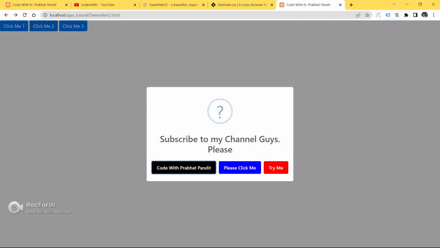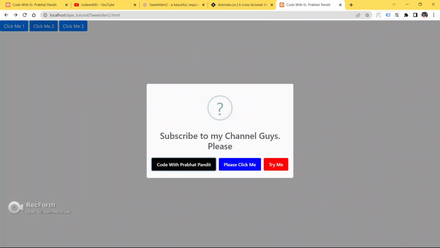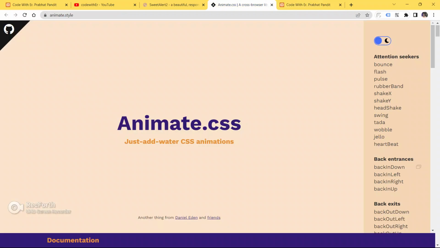Save your code, go to the browser and refresh your page. Click on the second button. It is coming from top. See, it disappears. As you can see, this is fully functional.